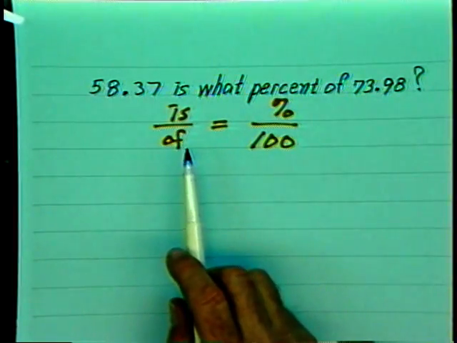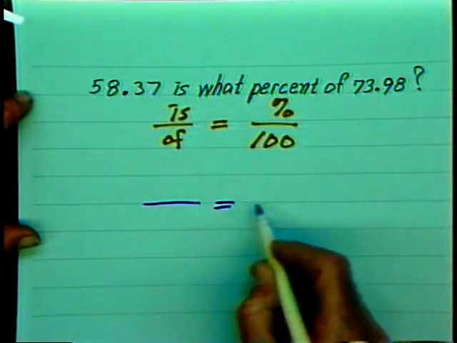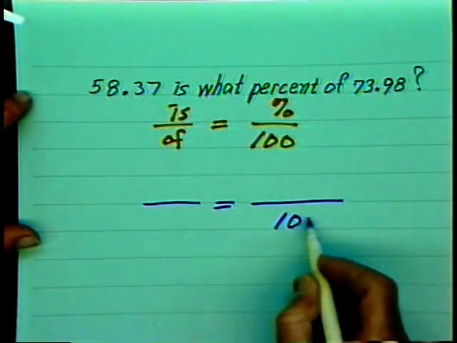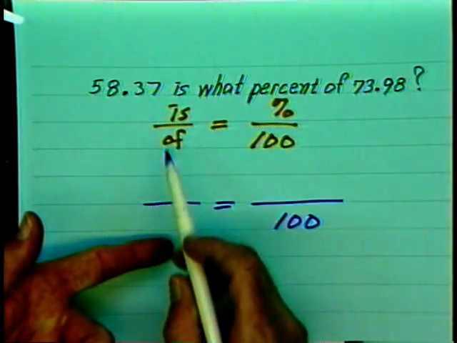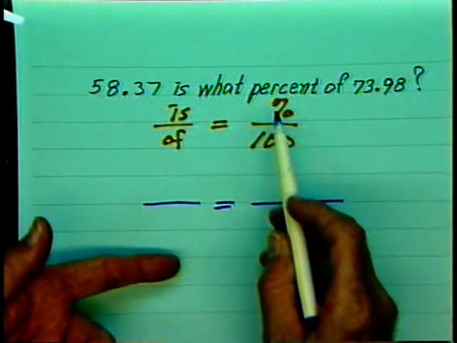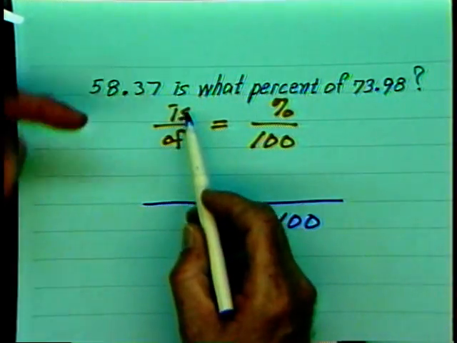Method 1 works just as well, but in this particular approach, if we simply set up our working proportion, then replace these blanks, these words, and this is a word, with the appropriate number or variable, we get, let's see,